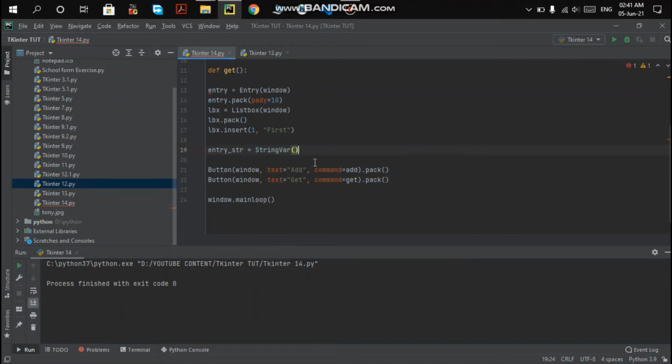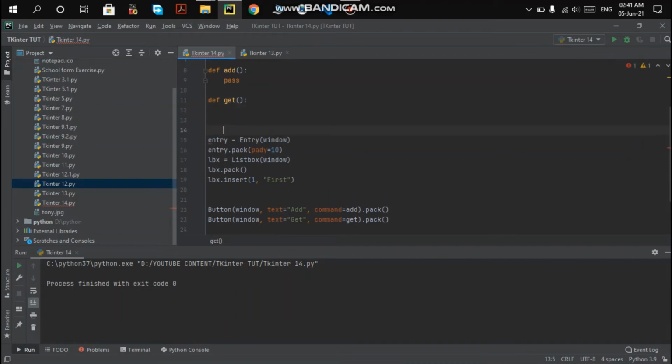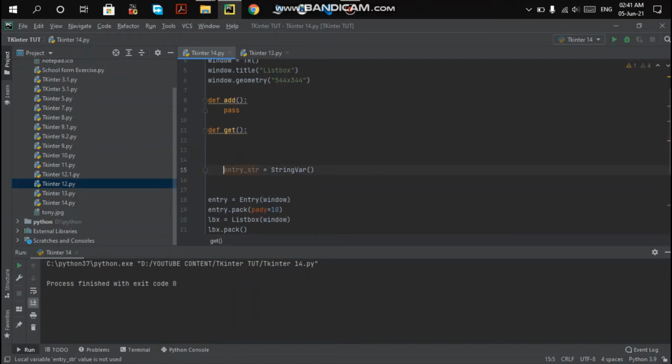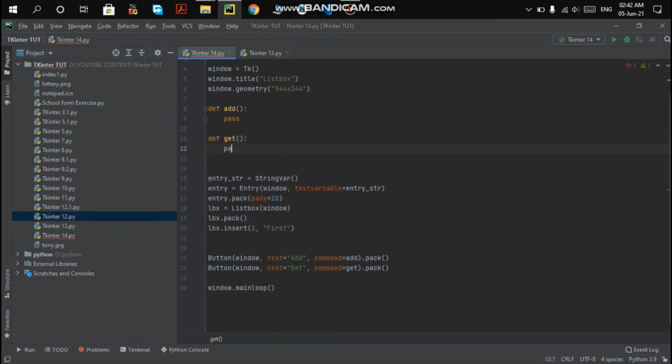Okay, and let me create it above, not in the function. First of all, let me give the text variable inside your entry widget. So the text variable will be your entry_str. Okay, and let me pass for now.